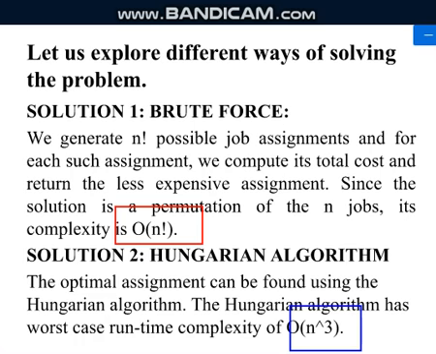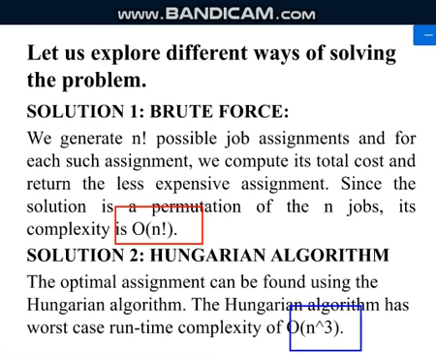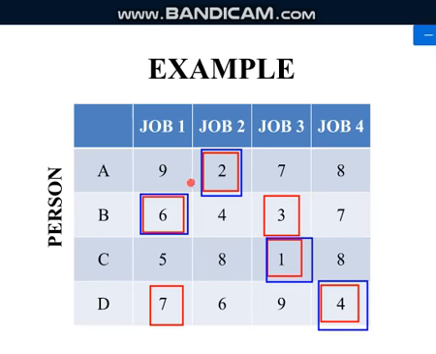Okay. Yes, now let us see what are the other possibilities. One is a combination of depth first search and breadth first search, or you can individually go for depth first search or breadth first search. So with depth first search, again what you will do, you will start with the first one. Okay, if at all I allocate this, then already this is done, so I have to go with the next one, next one, next one.